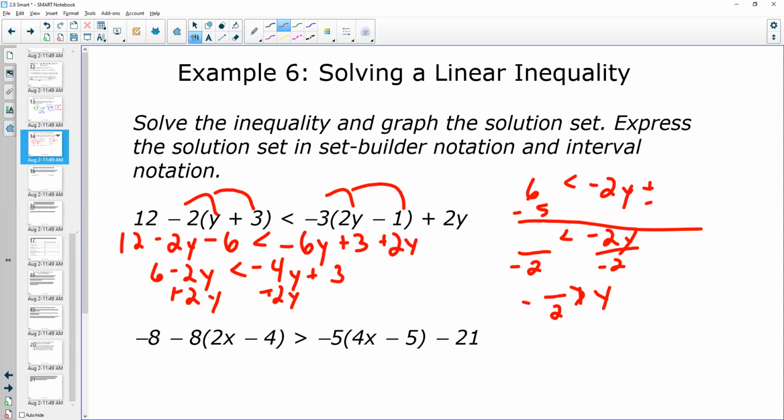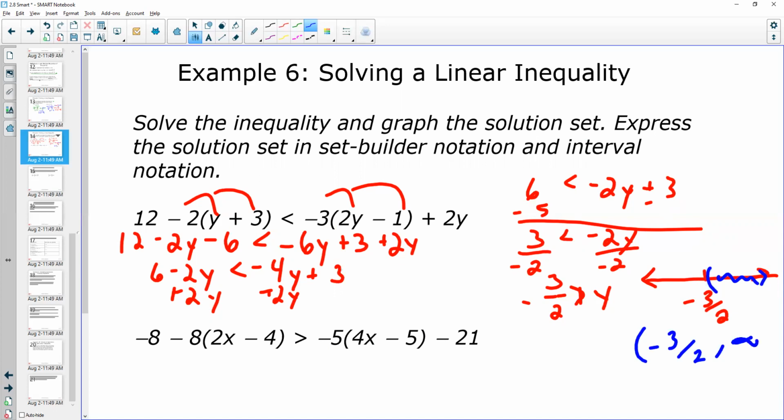All right, so that was supposed to be a 3. I don't know what I did there. -3 halves. Okay, so either way, now I'm going to pause. I'm going to draw on the number line. -3 halves is greater than y. So the numbers that are greater are to the right. So the interval notation is from -3 halves